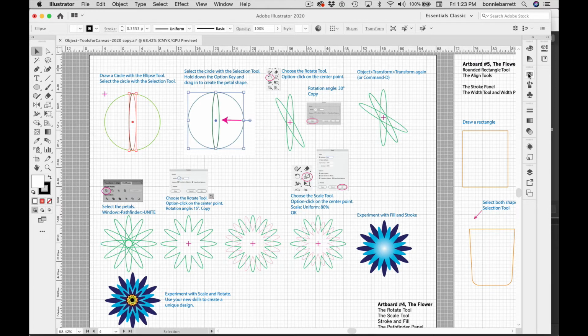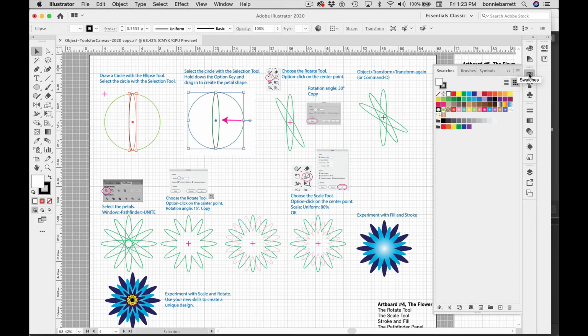I think I'll change the fill here just so we'll have a more colorful fill to work with. And next, we're going to use the rotate tool. Now, in the last video, we used the reflect tool, which lives under the rotate tool. These tools are related, but they work a little bit differently. So if we choose our rotate tool, and we hold down our Option on a Mac or our Alt on a PC,